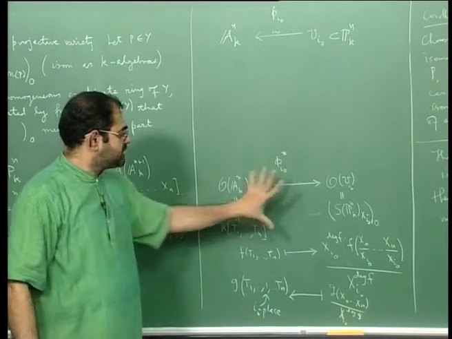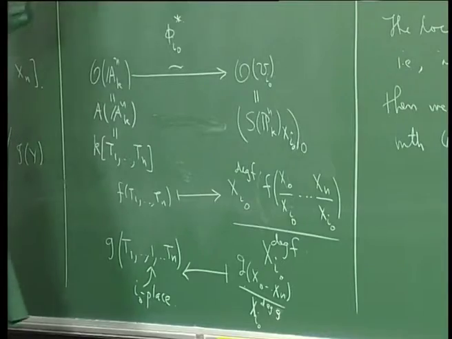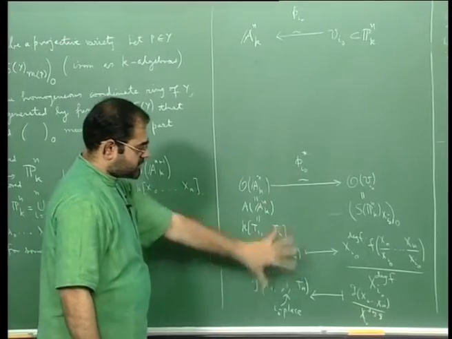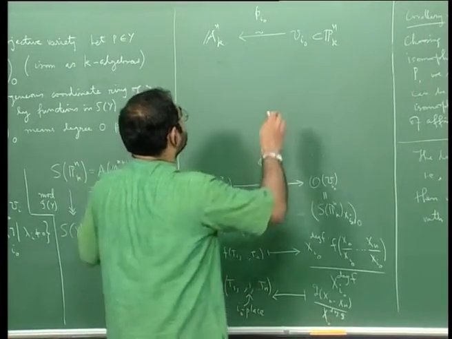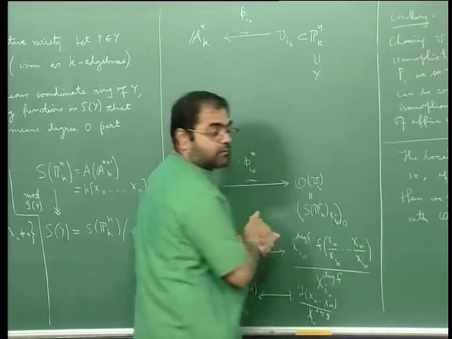So this is how this isomorphism is. This is the commutative algebra version of what is happening here in geometry in terms of regular functions. Everything here is in terms of regular functions. Now what I have is, inside Pn, this Y, which is a closed subset of